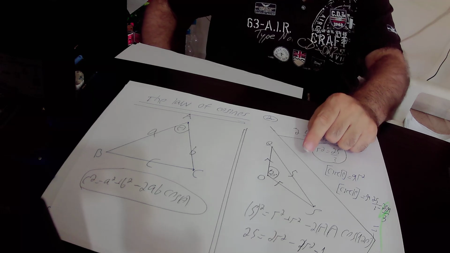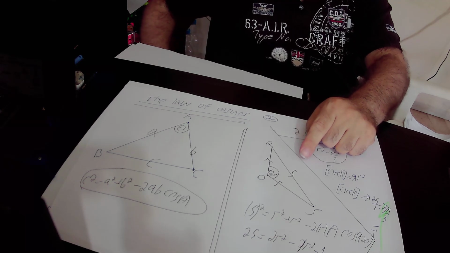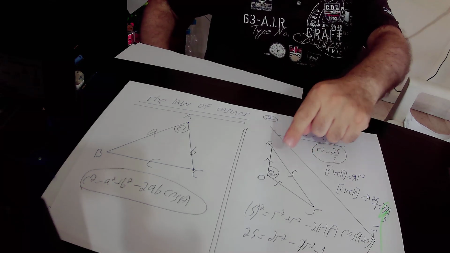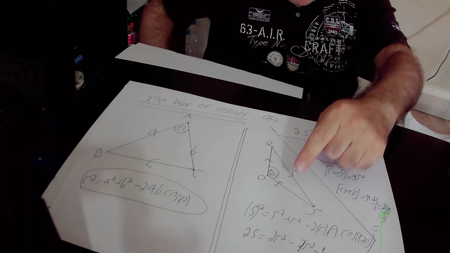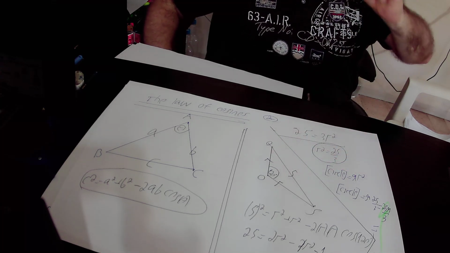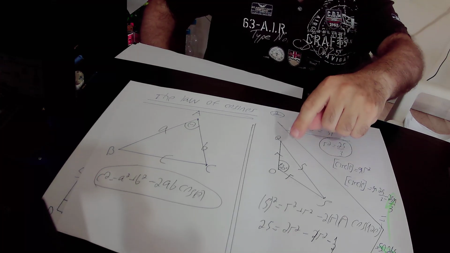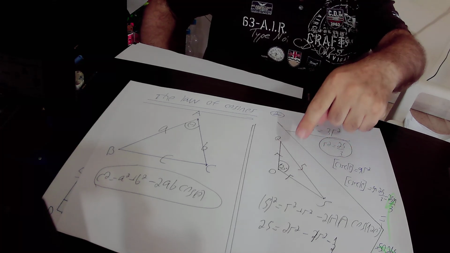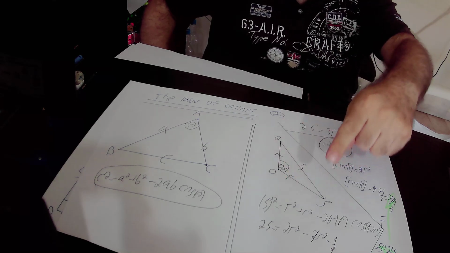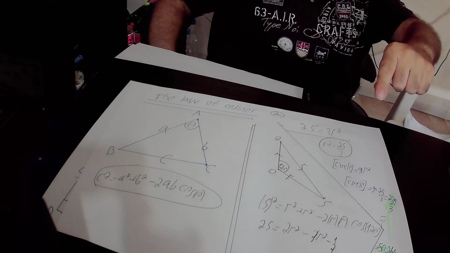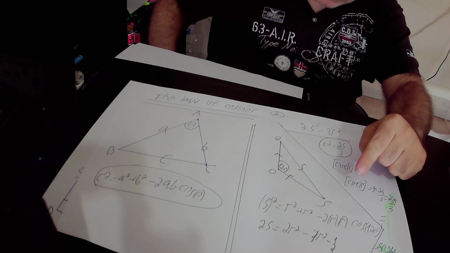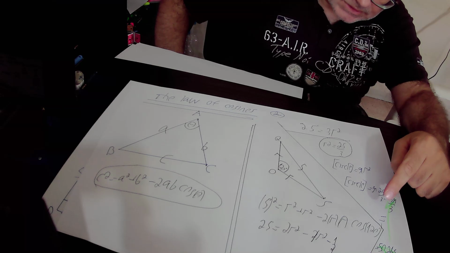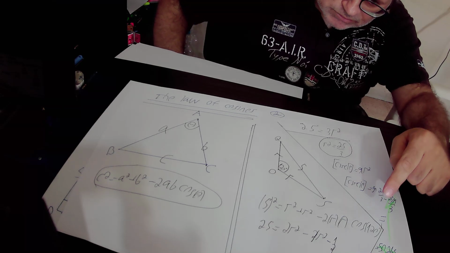According to the law of cosines, in this triangle, triangle QOS, we get that 5 squared equals R squared plus R squared minus 2 times R times R times cosine 120 degrees. Again, 5 squared equals R squared plus R squared minus 2 times R times R times cosine 120 degrees. So 5 squared is 25, R squared plus R squared is 2R squared. Minus 2 times R times R is minus 2R squared, and cosine 120 degrees is minus 1/2,